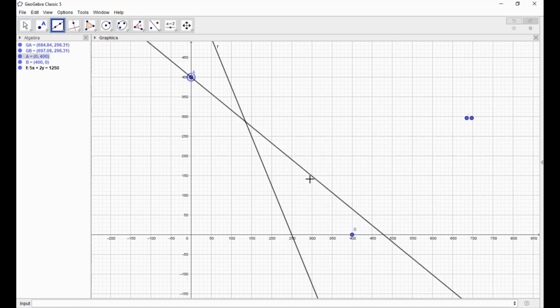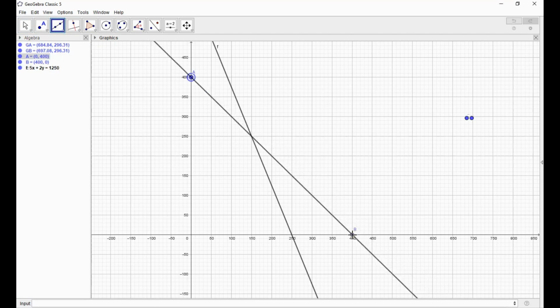Click and see. Okay, that's it. The function is x plus y less than or equal to 400. Let's see the result about this dot. Okay, I will try. Maybe I will change the object property first, maybe the color. Wait a minute.